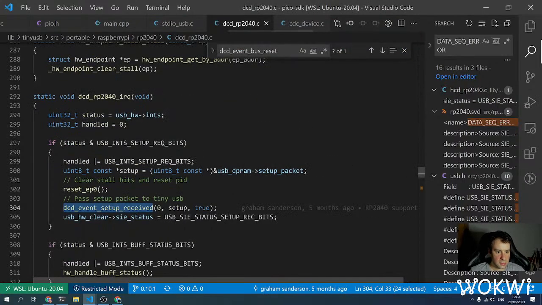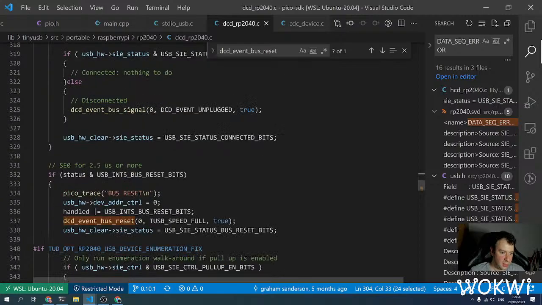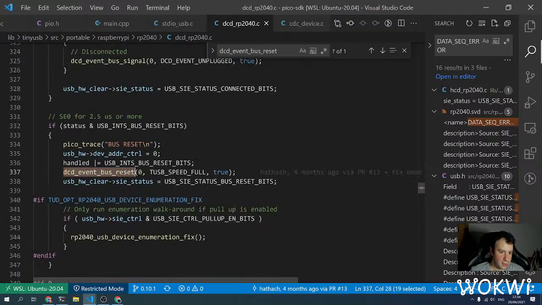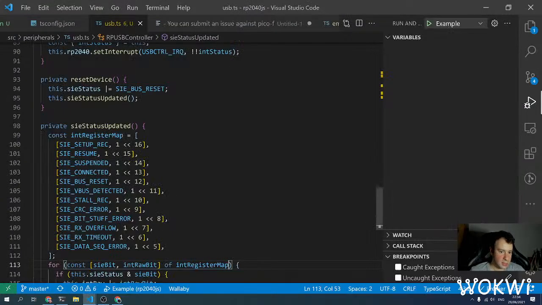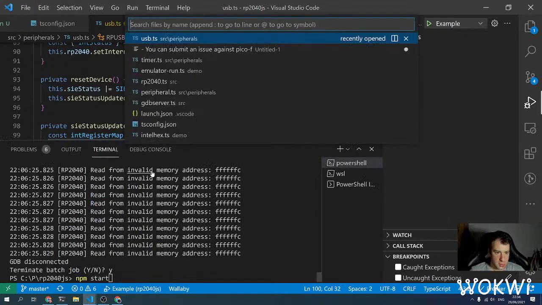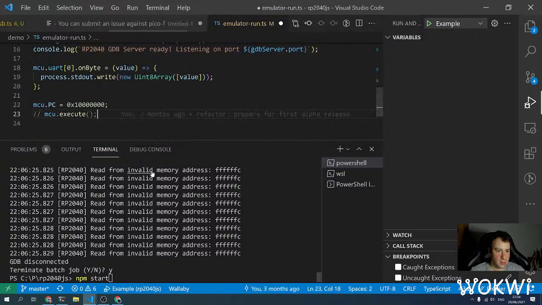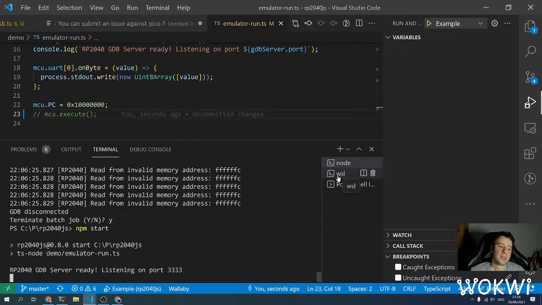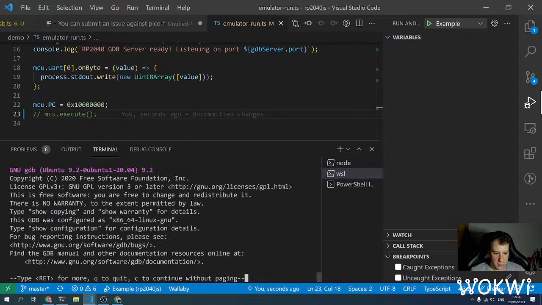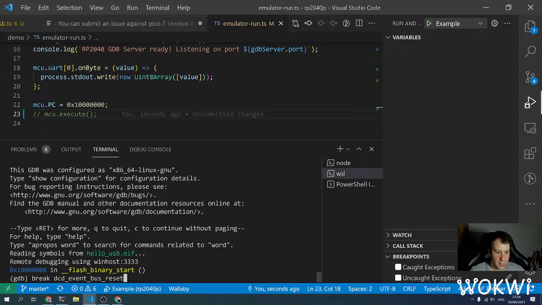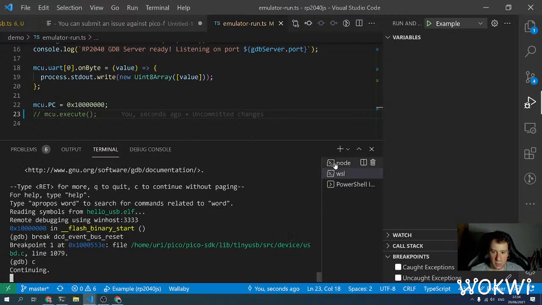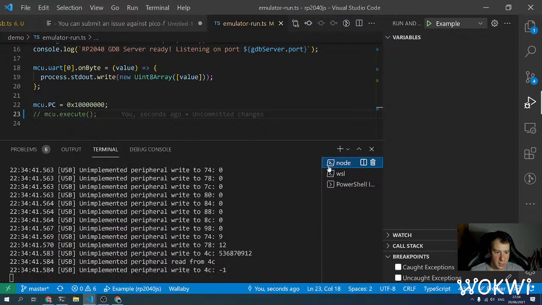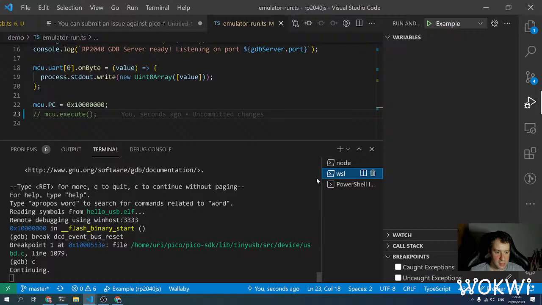event handler. Basically, eventually we expect to get here to DCD event bus reset. Let's see if this happens. Let's restart the simulator. But first of all, let's set up a breakpoint in GDB. And then now we can attach and break here, continue. And unfortunately, it didn't happen, even though we have